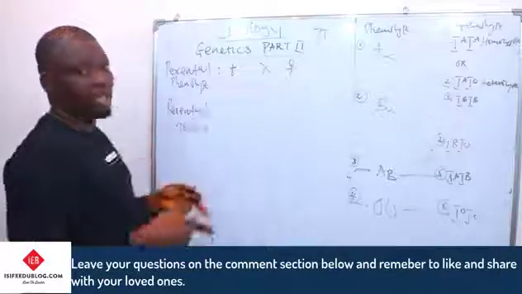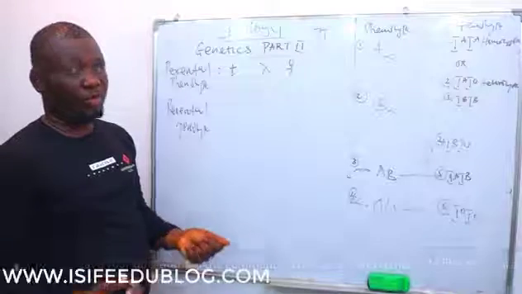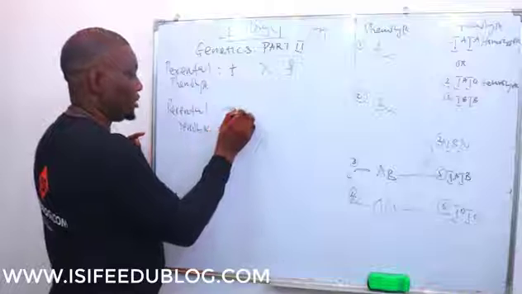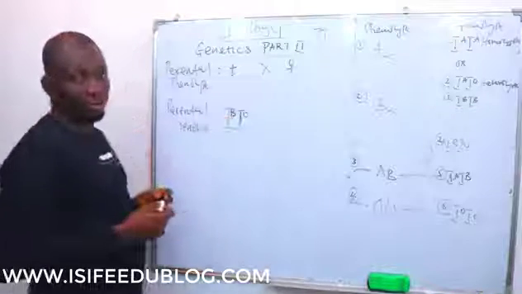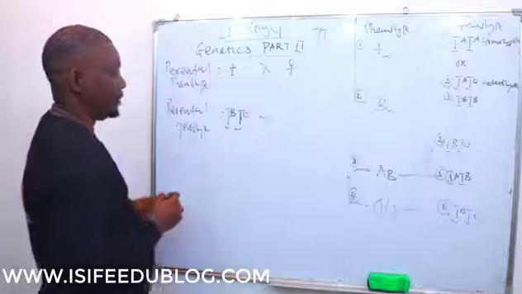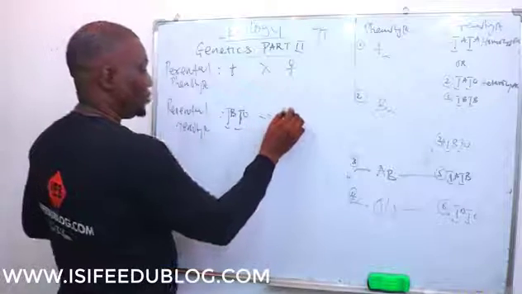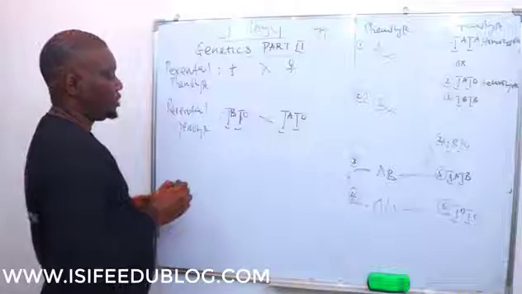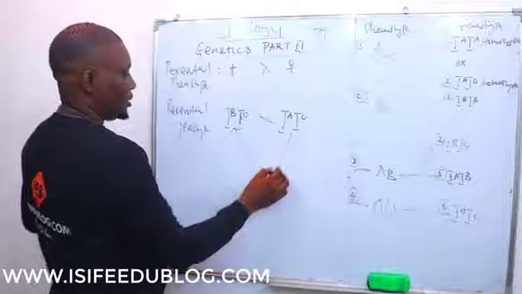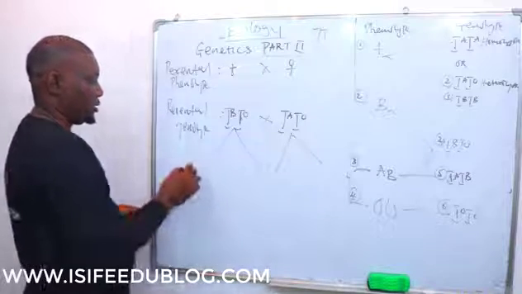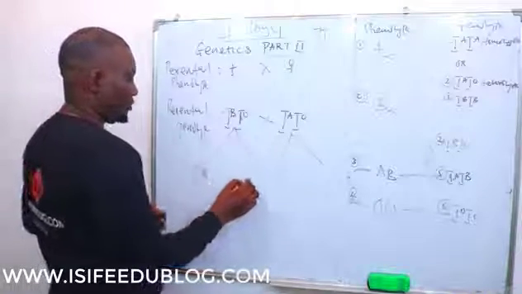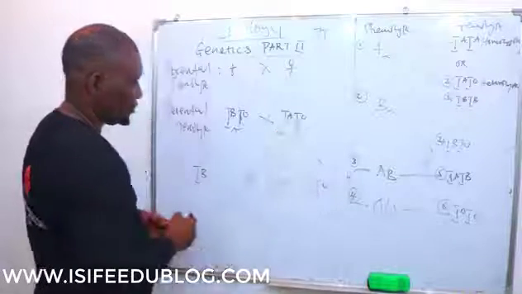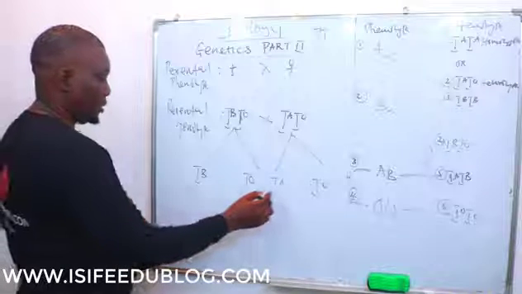And if the child is O, it means that the genotype of both parents, if it is B, will not just be B homozygote, but B heterozygote. That is what you should know. And then the woman, if it is blood group A, that means it is also blood group A, not homozygote, but heterozygote A. So during meiosis, these genes will segregate. So it means each parent has these gametes. That is the outcome of the gamete. So this unites with this to give me